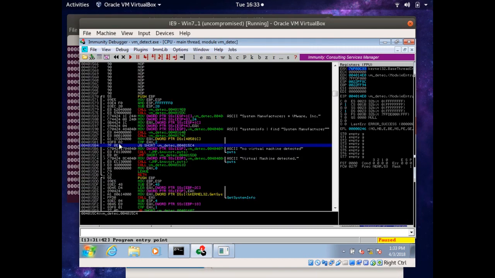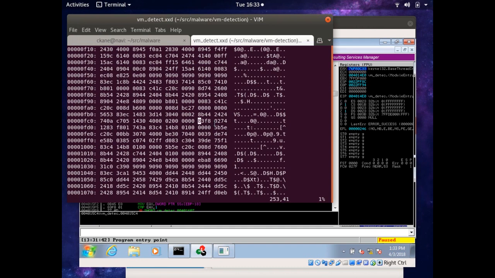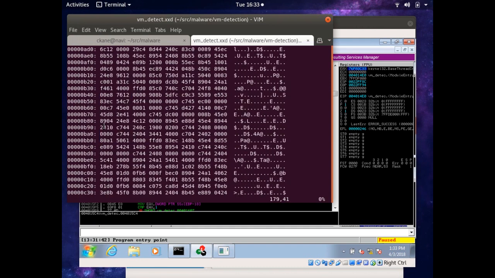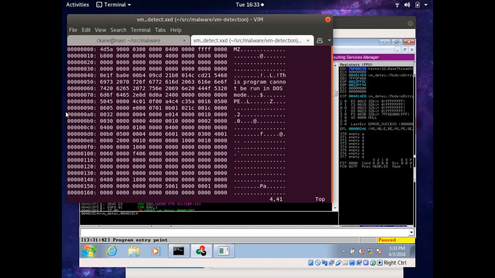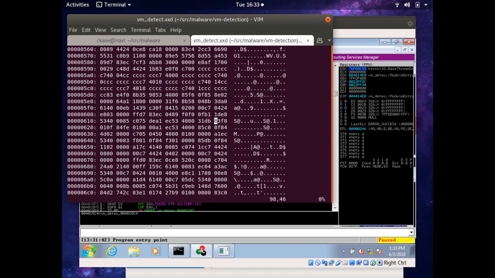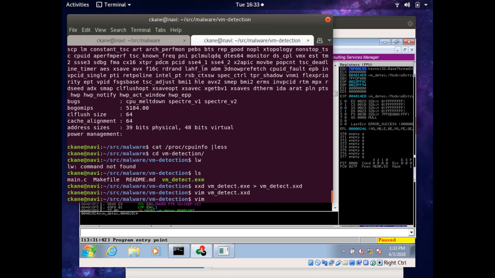Yeah, that's not it. Actually I have to go back up here, 45A. So yeah, this is going to be in sequence, right? So what I can do is,